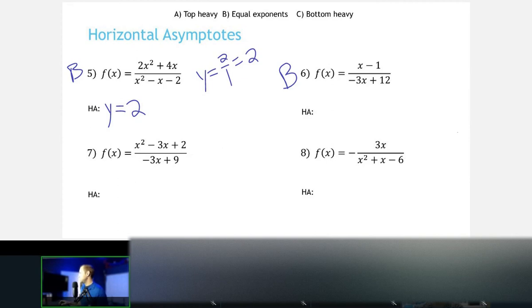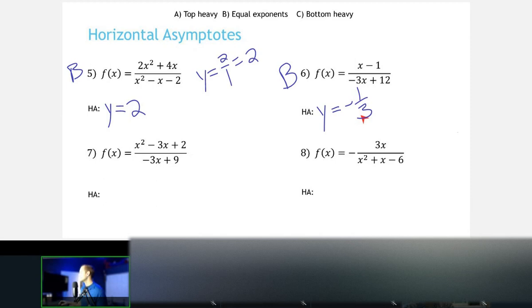So y equals -1/3. Yep, I would agree with you. So people who put the negative in your denominator, I am honestly tempted to mark it wrong. I won't, but